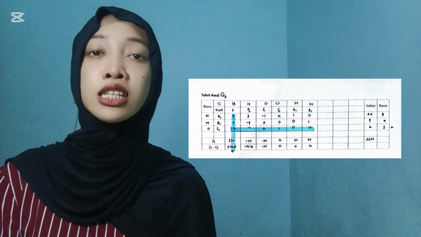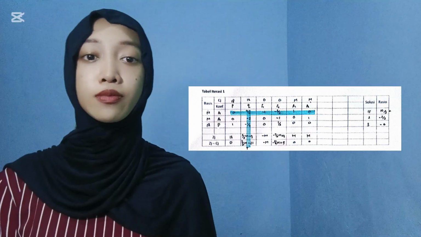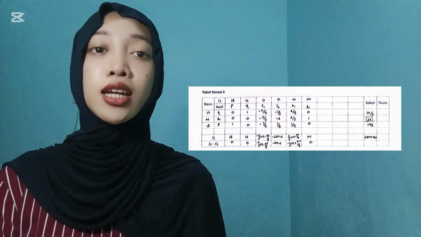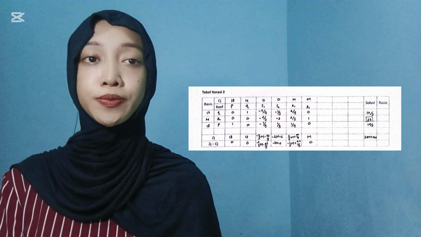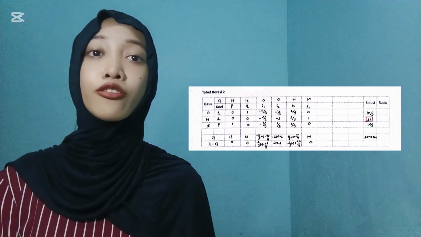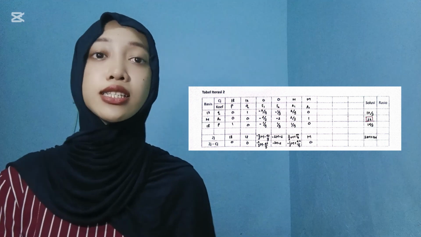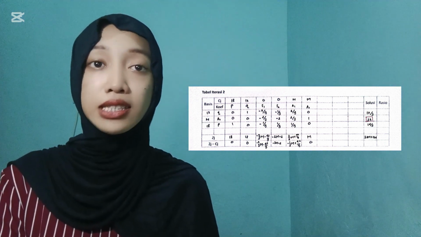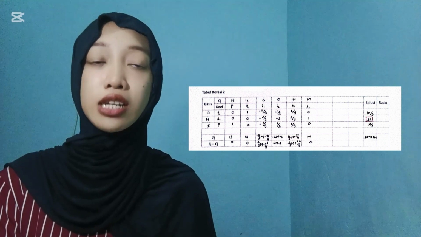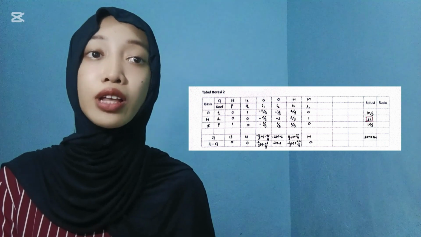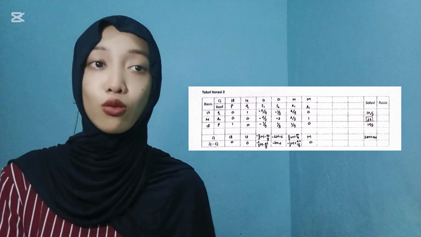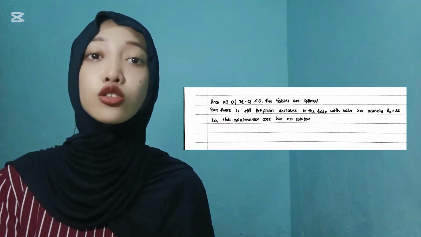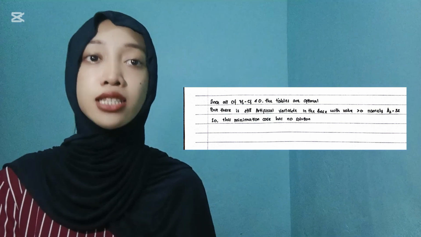So there is an initial table, iteration 1, iteration 2. Since all of Zj minus Cj is less than 0, the table is optimal. But there are still artificial variables in the base with value bigger than 0. Namely, a2 is equal to 32. So, this minimization case has no solution.